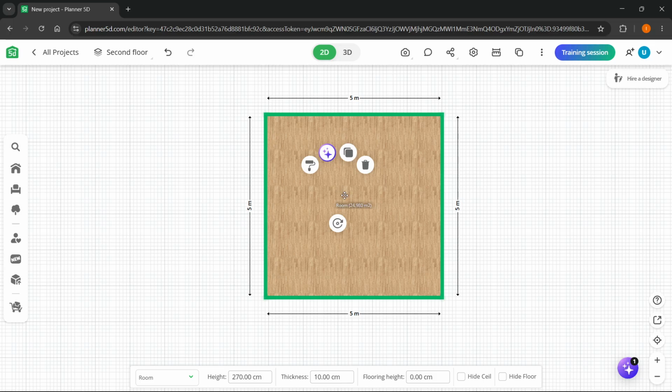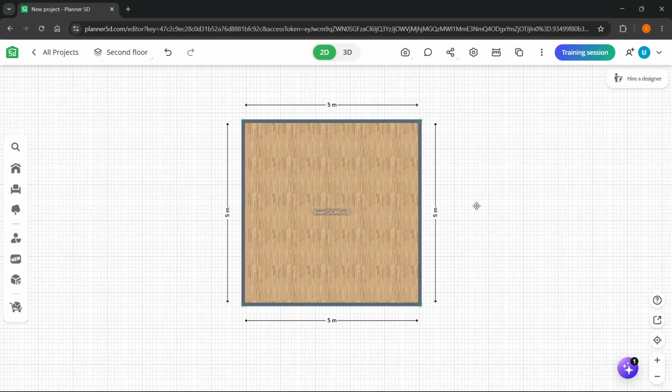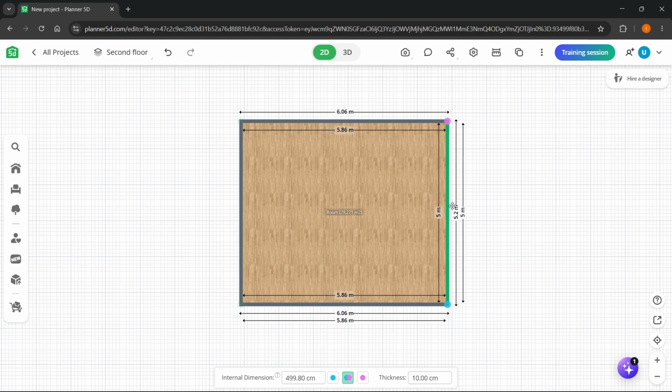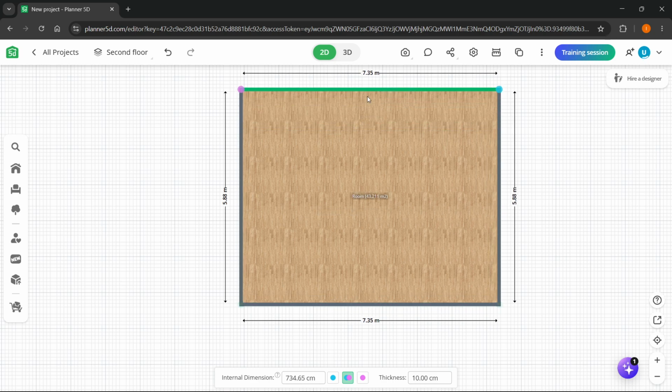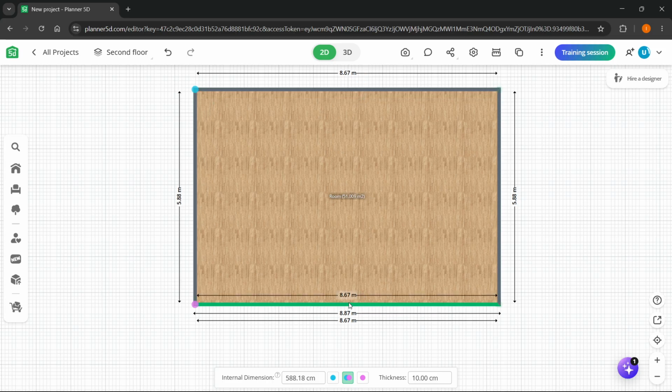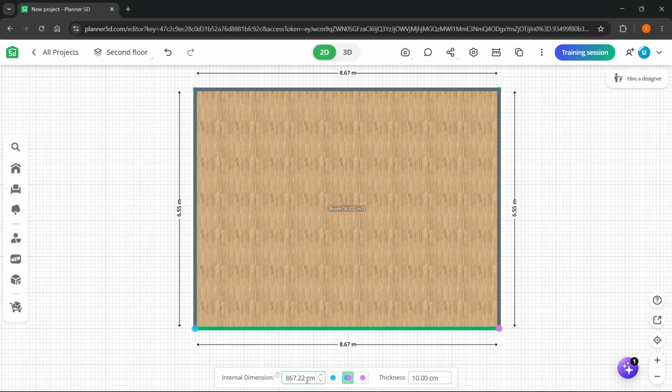You could either click on it, and you can of course go and drag it. So you can do it like this. You can drag the walls out like that or like that. As you can see, I can of course make it bigger that way, and it's basically much easier to just